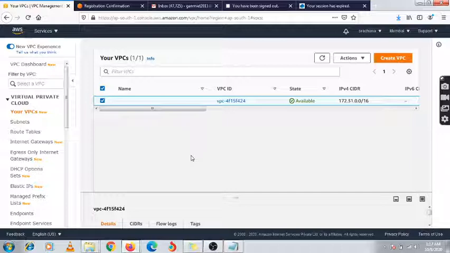So whatever services we are using internally, like an S3 bucket or some other services, those services will be accessed using this VPC endpoint without the internet. This VPC endpoint always connects with our private subnets.